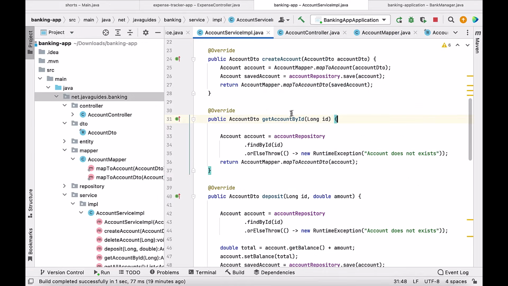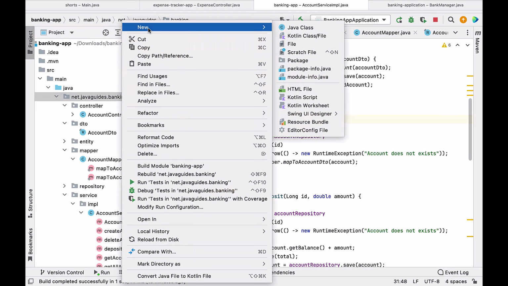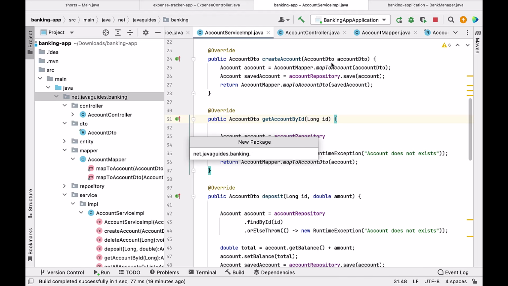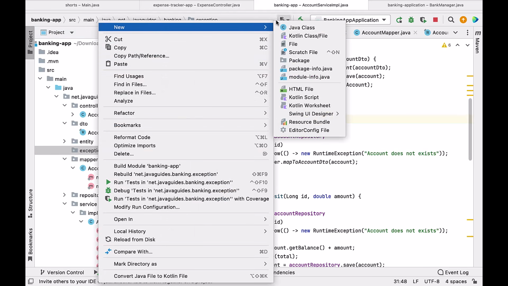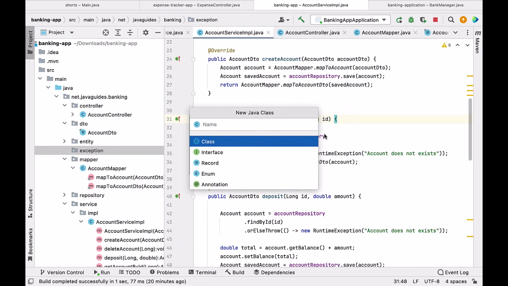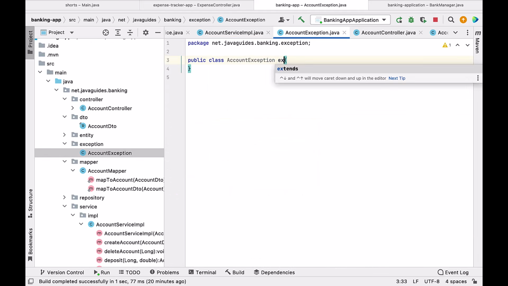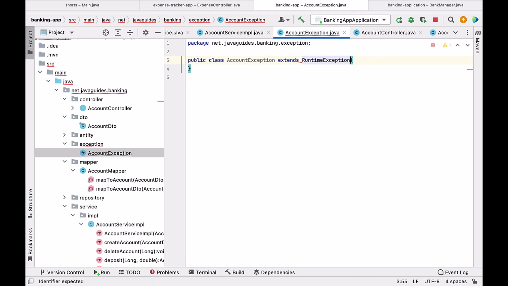Let's go to our project in IntelliJ IDEA and first create a new package. So go to the base package, right click, new, and then choose package. Let's give the package name as exception, and within the exception package let's create a custom exception. For that choose Java class and let us give the class name as AccountException. Perfect. Next, extend this exception from RuntimeException,